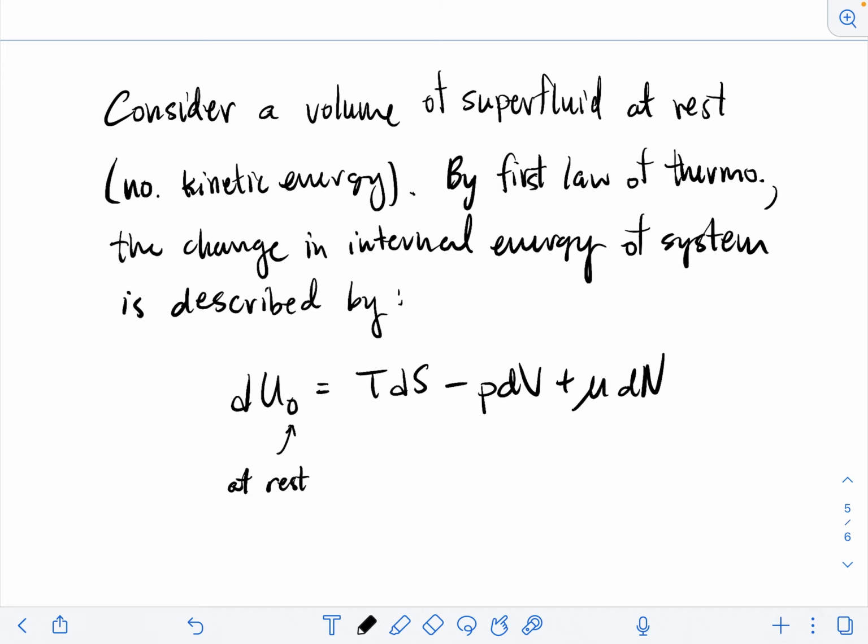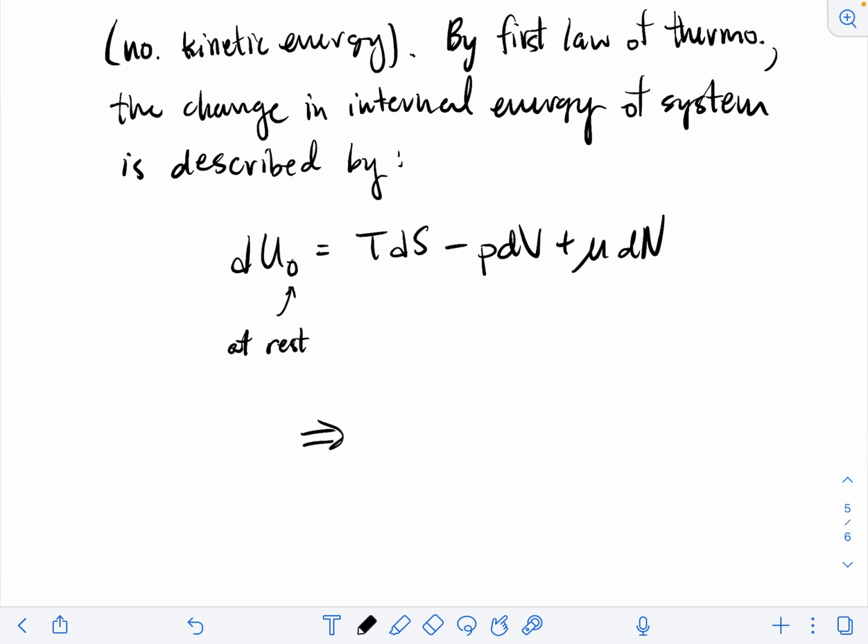And so what we can do is manipulate this and we can say, well, that means we could write the chemical potential as du0 dn if we had constant volume and constant entropy. Okay,